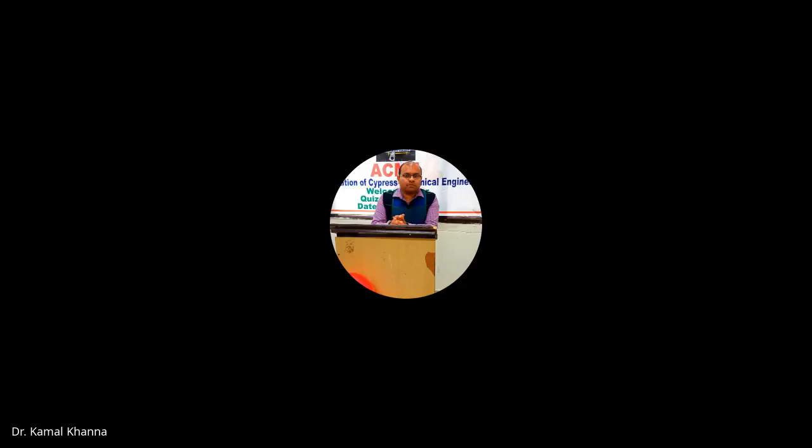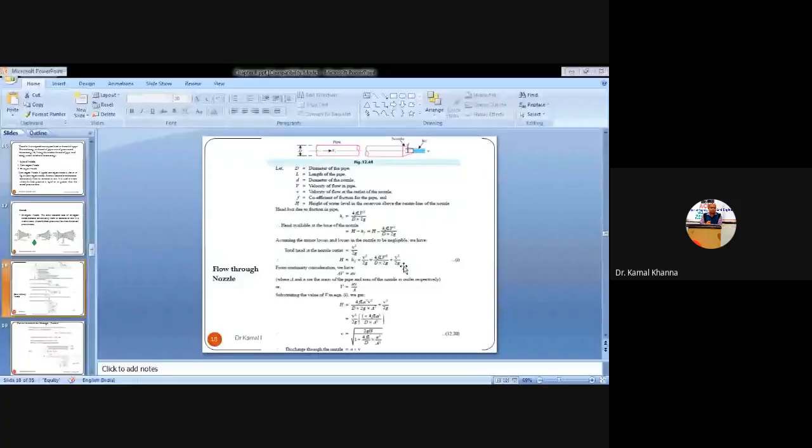Now according to the continuity equation of flow, or the mass conservation principle, the rate of flow at entry must be equal to the rate of flow at the exit points. That is, the product of area and velocity at entry must be equal to the product of area and velocity at exit, when we assume that the minor losses in the pipe are negligible. So it becomes capital A into capital V is equal to small a into small v.